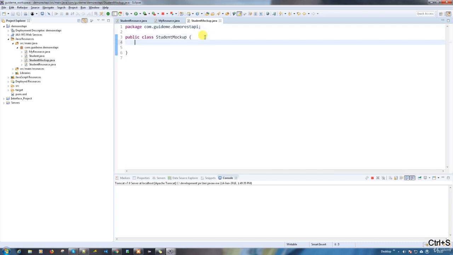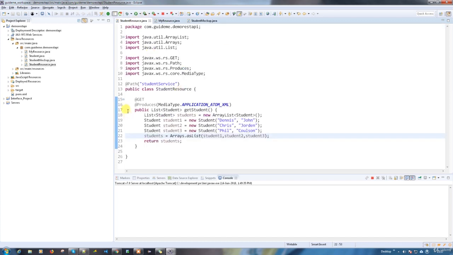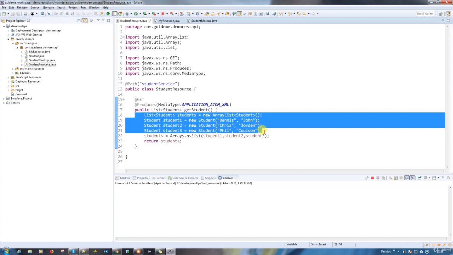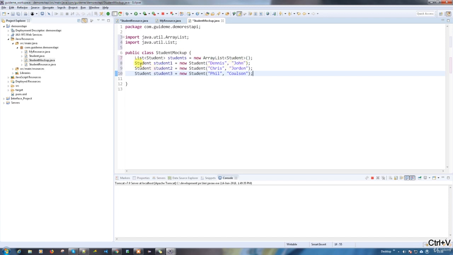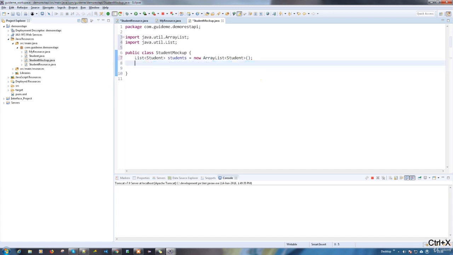The first thing, let's write a method to return the list of students. Under the student resource, we have a method to return all the students. Instead of returning all those things here, I have a mockup class which returns the information from the database. Here I mean the database is a mockup class. Let's cut this and put it into the mockup class, and I don't want this here. I'm going to create a method, public List of Student